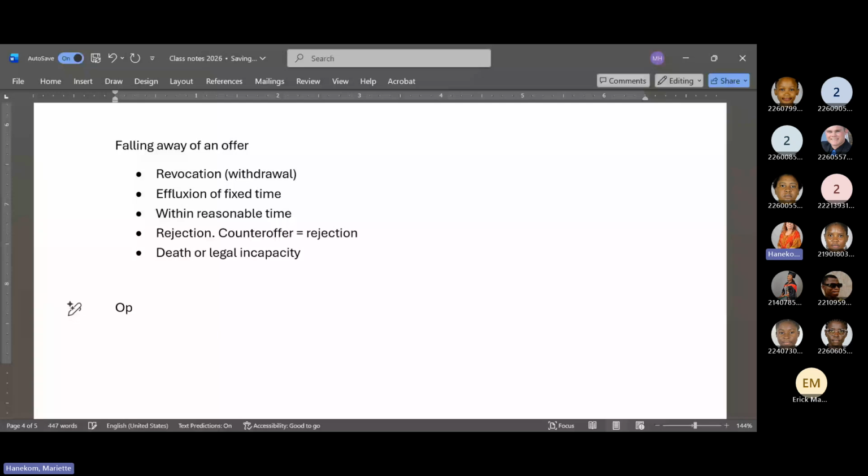And in this regard, the word option within the law of contract does not have the same meaning as the normal meaning of the term option. We think of an option as you've got two options. You could choose between either red or blue. Option in this context does not mean that. An option is a separate contract